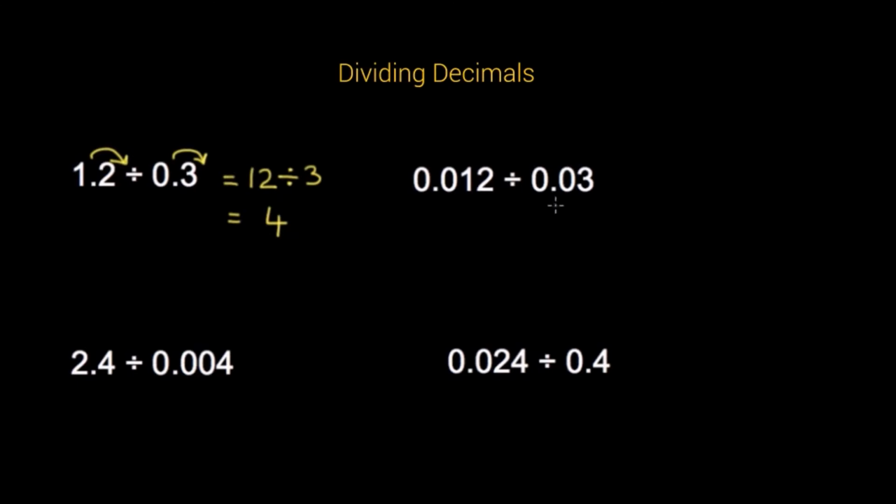We have a look now. We've got two figures after the decimal point in the number we're dividing by. So to make the number we're dividing by 3, we move the decimal point 2 places. If we move it 2 places in the second number, we must move it 2 places in the first number. So we say therefore 0.012 divided by 0.03 equals 1.2, because we only move the decimal point 2 places, divided by 3,